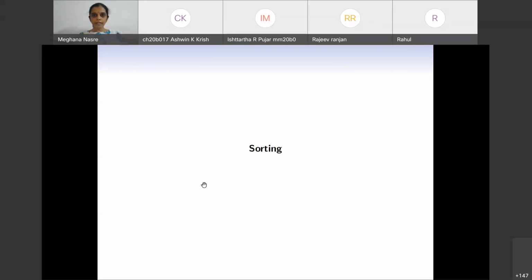Okay, so I see many people who are answering. This is fine. So let's just think about the manual sorting process of these 100 physical answer sheets, and the different ways that we would sort them. The first way that Ishthartha has said is that you pick up the first paper. It is anyway sorted, there is nothing to sort. The second paper can either be larger in roll number or smaller, and therefore I will put it at the appropriate place. There is not too much to do. The third roll number is interesting because it can be the first, it can be the middle, or it can be the third, and you will put it accordingly.